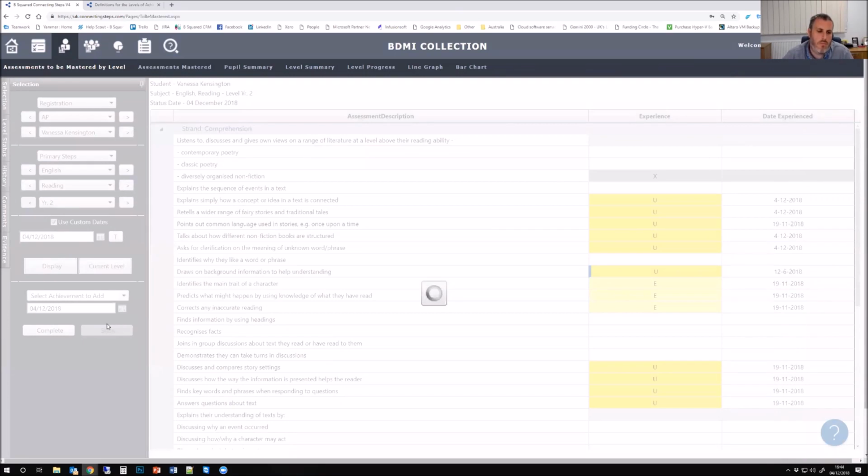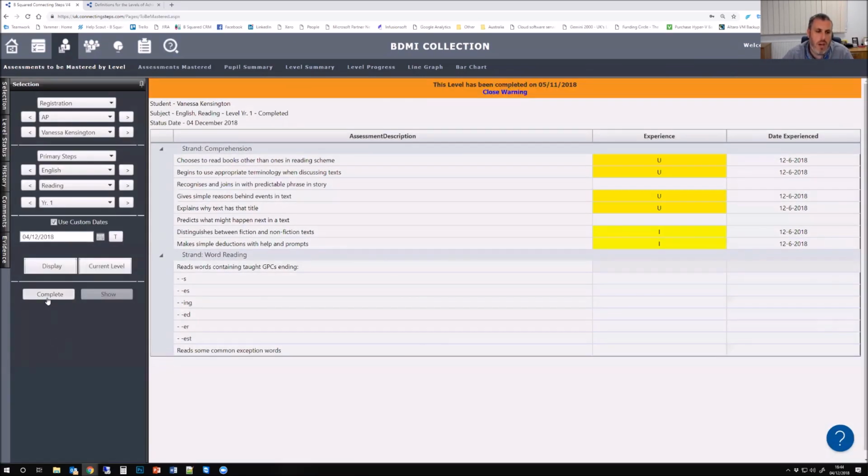I might have a parent saying, okay, my child is still on for year 1 for reading and they've been on there for a while, why haven't they moved on? Instead of just saying, oh, they're really close, we're working on it, they're almost there, what you can do is print this out and show the parent,